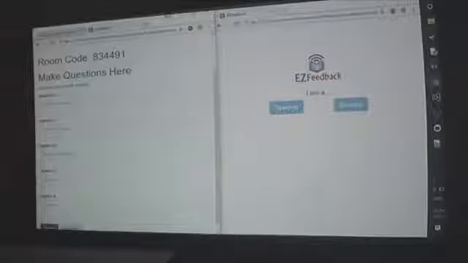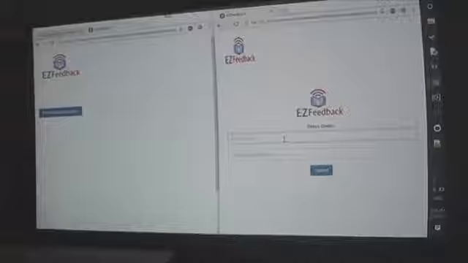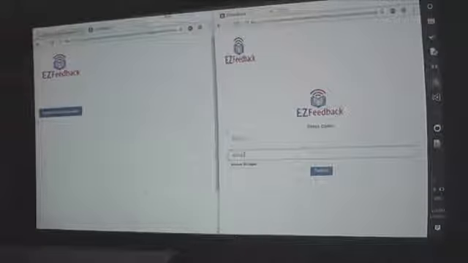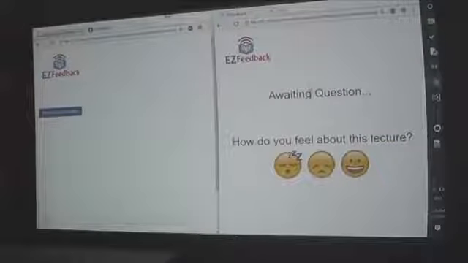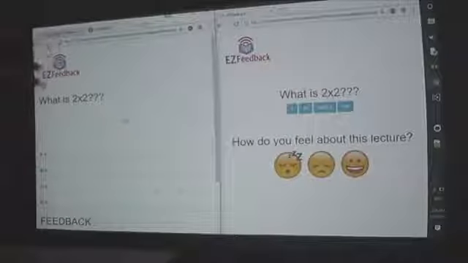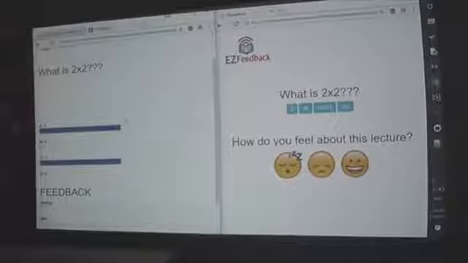So as he makes the questions, the student will be joining the room on the right. That is the student, and you will see he will put in the class code, and then he will put the name. And my friends here are also posing as students, so you're going to have multiple inputs. And so the teacher, halfway through a lesson, will publish the question. And so as Anton publishes the question, the students will get the questions, and you'll see real time.